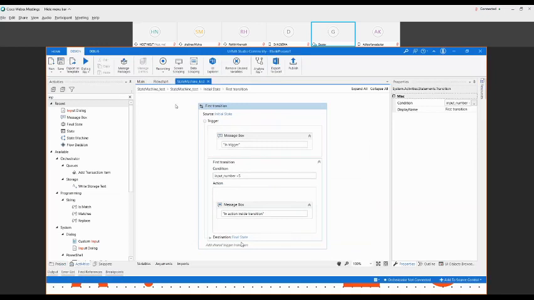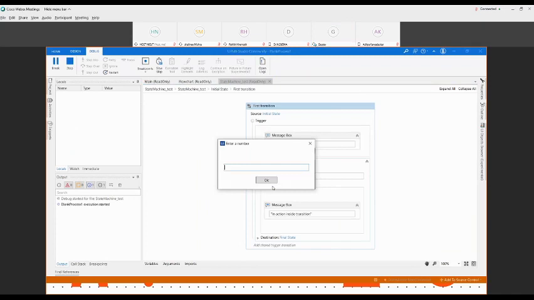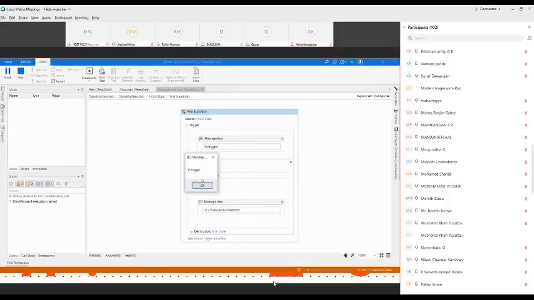Suppose I'm mentioning a wrong input, then what will happen? Entry state, number I'm mentioning 3, okay. Now it is again going to the trigger. Let me see. Yeah, it's continuously going to the trigger.